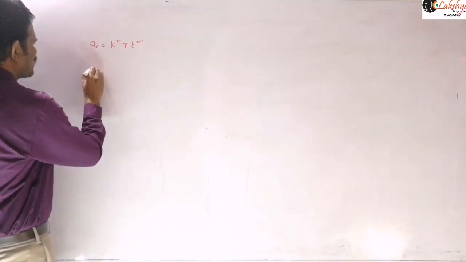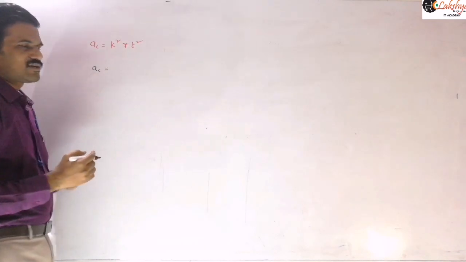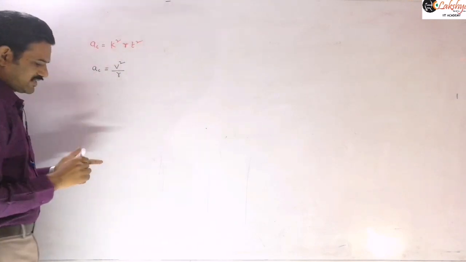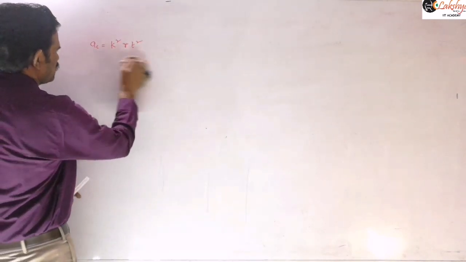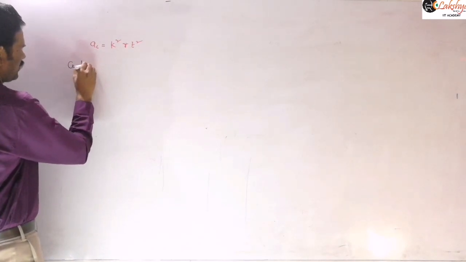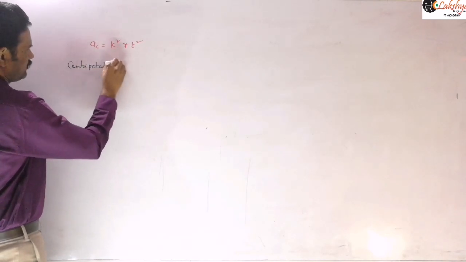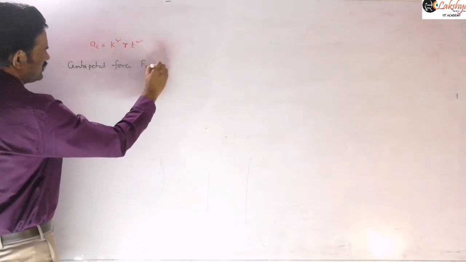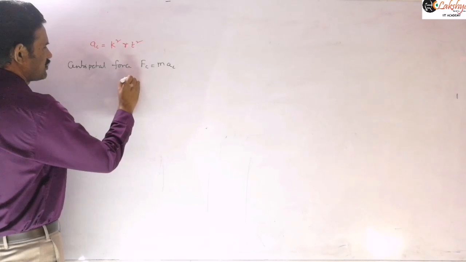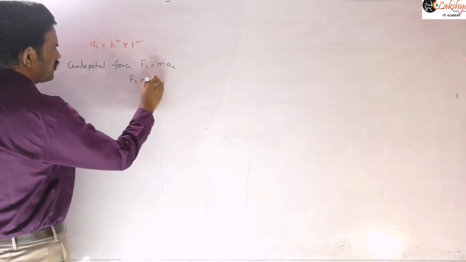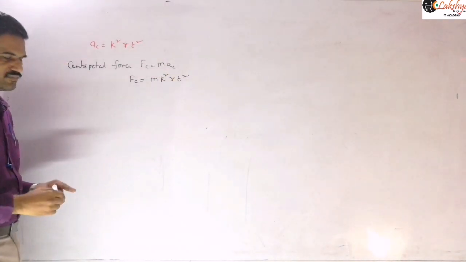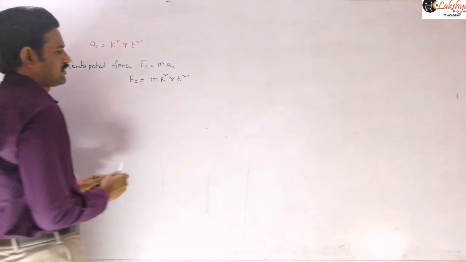And so now centripetal acceleration is given for us. Centripetal acceleration we can write as v square by r. First you may write directly about this centripetal force. So first let us write about the centripetal force. Therefore this centripetal force Fc we can write as m into AC. If centripetal acceleration is known to us, then you can write our centripetal force. Therefore, Fc is equal to m into AC, which is m k square r t square. So this is our centripetal force here, right?